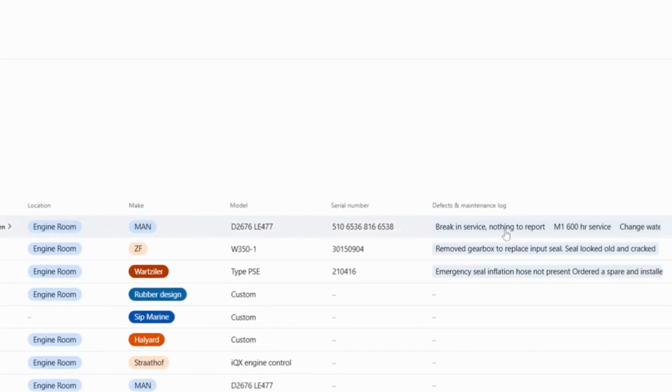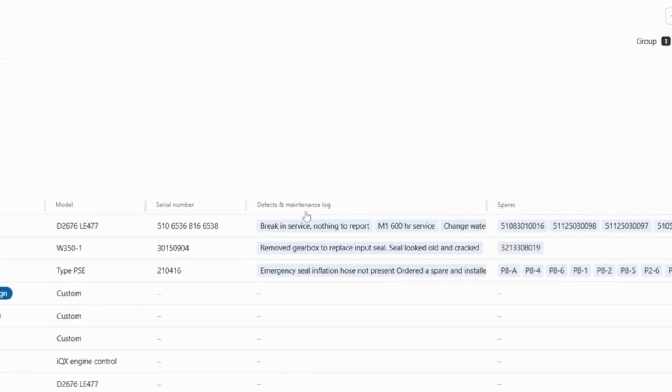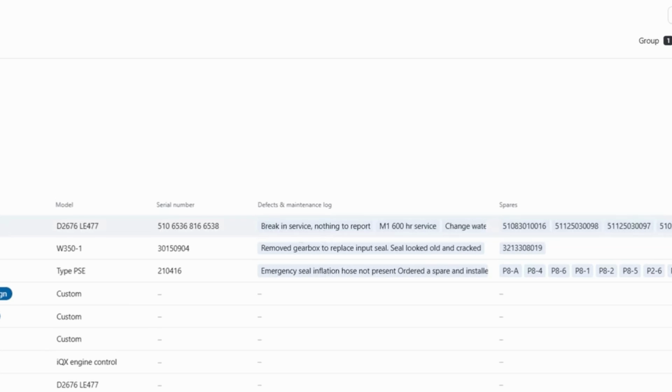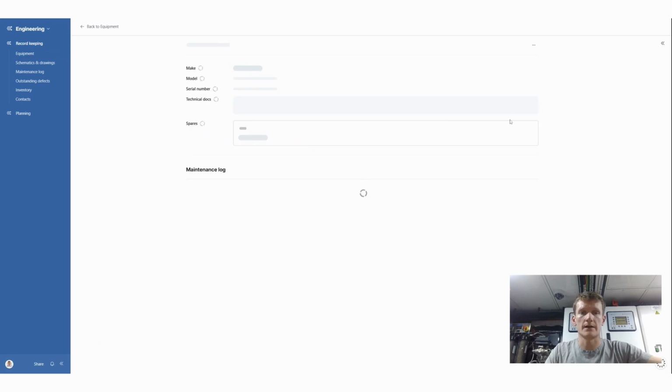And then this is where the linking bit is. So this here is defects and maintenance logs. Anything that's logged as a defect or a maintenance item against the main engine will also show up here. So that's where the relationship thing comes in. We've also got all the spares that are linked to the main engine. So if I click on it,